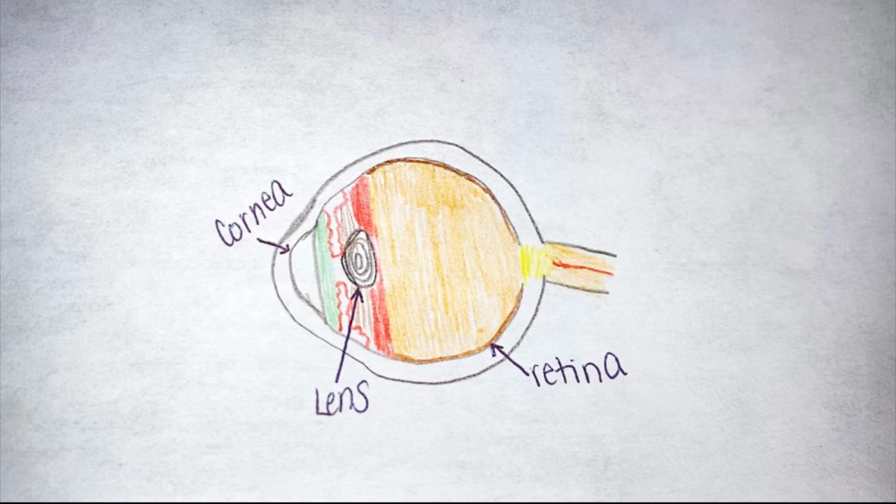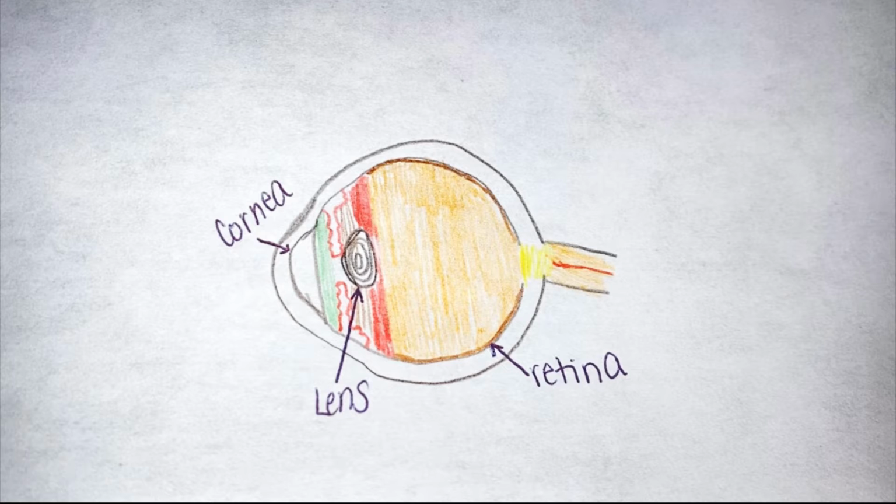The eye is made up of many different structures that contribute to vision, but I'll be focusing specifically on the lens and the retina. Problems with the lens and the shape of the eye can cause issues with how light rays focus on the retina, leading to conditions like myopia and hyperopia. In a normal eye, light rays pass through the lens and converge on the retina, producing an image that can